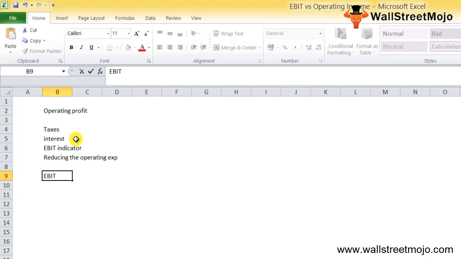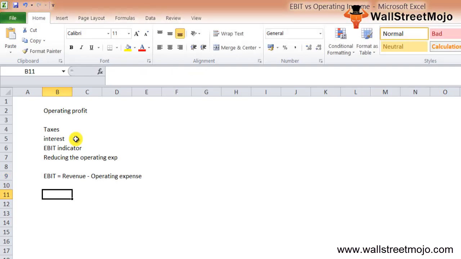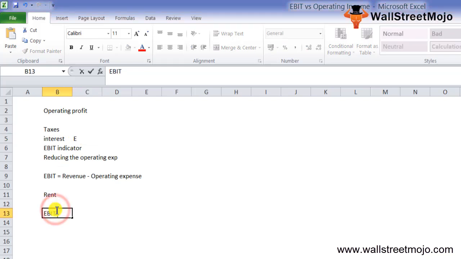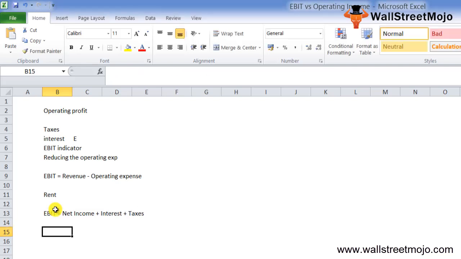So EBIT is basically your revenue less the operating expense, right? And operating expenses include rent of the company's premises, equipment that has been used, cost of inventory, marketing activities, paying employees' wages, insurance, and funds allocated to the R&D part. It can also be expressed like this: EBIT is equal to your net income plus interest plus taxes. So operating income can be described as the amount that can be converted into profit, and operating income is